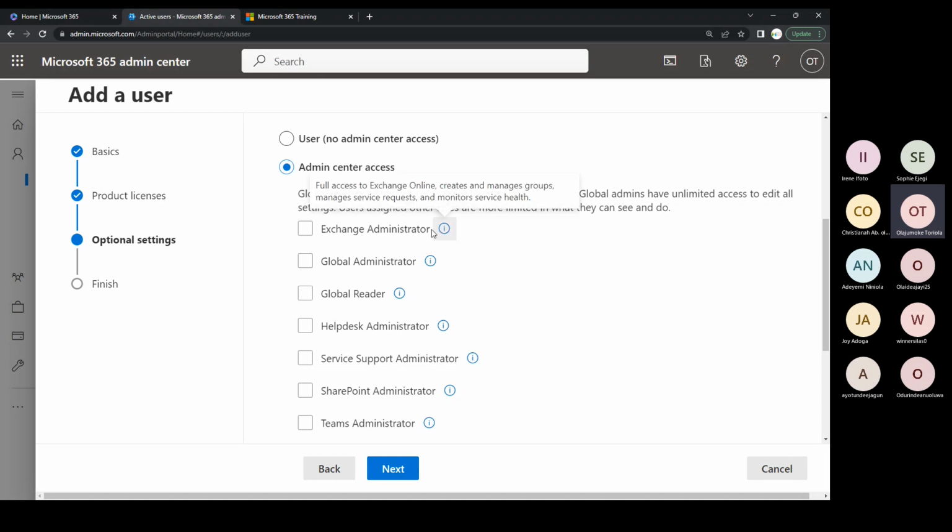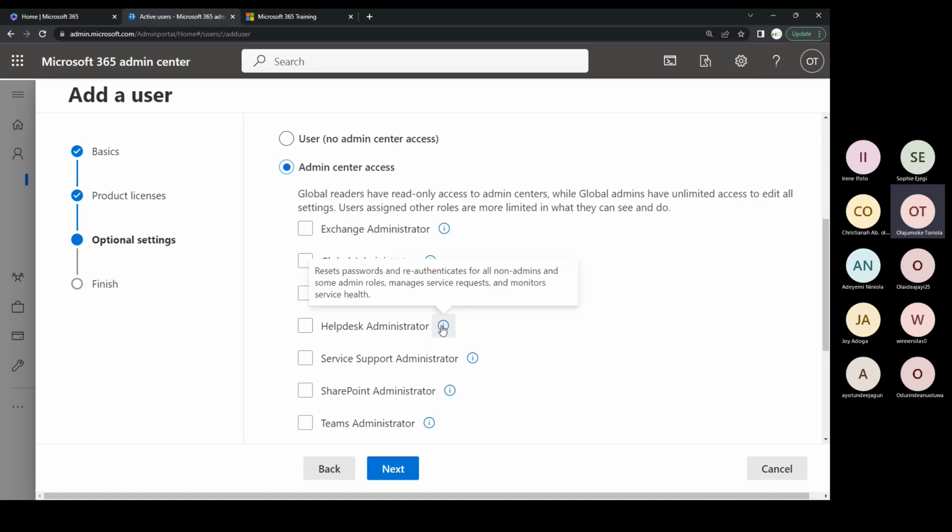You see this circle here? If you mouse around it, it will give you an idea of what permission that user will have if you select exchange admin or you select a role. If you want the user just to be helpdesk, that is, you want them to be able to reset password and re-authenticate for all non-admin, because they cannot change password for admin user. But any user that is not admin, they can be able to change password for them, manage their service requests,